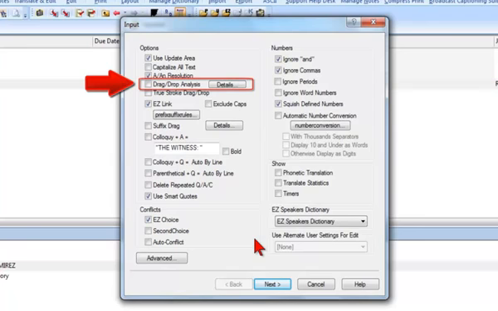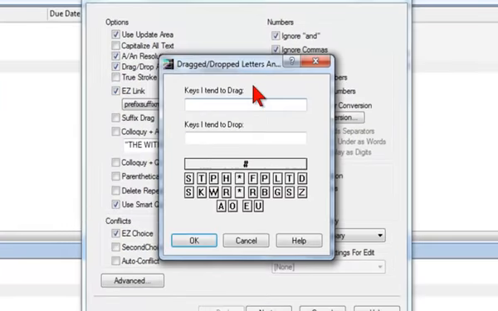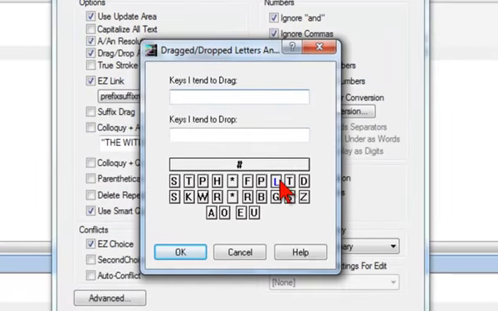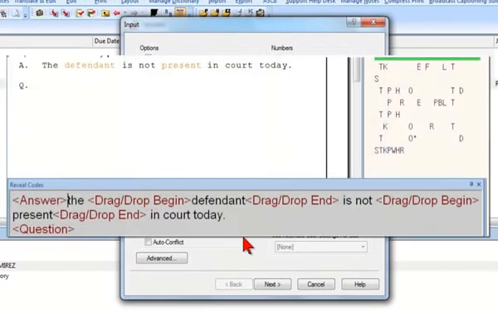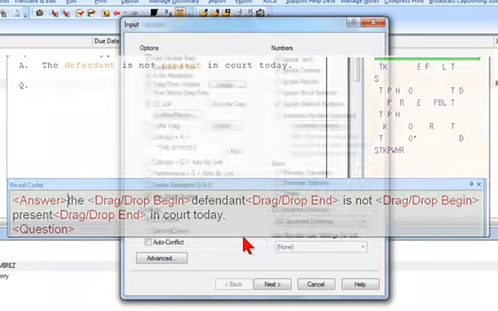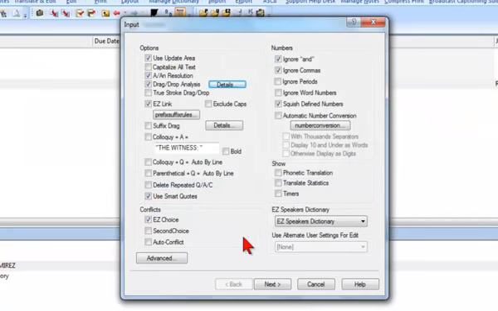This feature allows you to identify keys you occasionally tend to drag or drop when writing. When this option is selected, Case Catalyst will analyze your untranslates and determine whether removing your dragged letters or adding your dropped letters will result in a match. If you have a consistent issue with dragging or dropping a particular letter, a better solution may be to adjust your writer's key contacts. But if the issue is truly occasional, for example, it's something that occurs in your writing before you get warmed up, or at the end of a long day, then drag-drop analysis can be a helpful